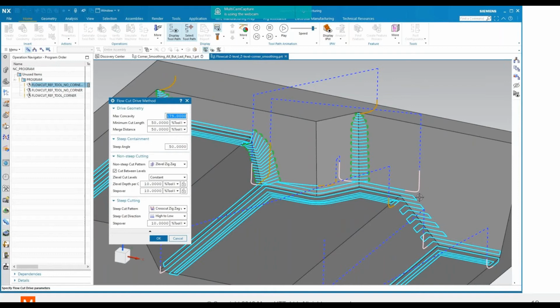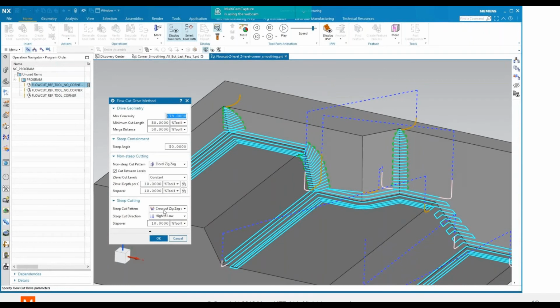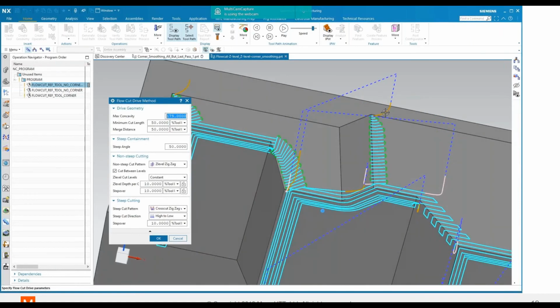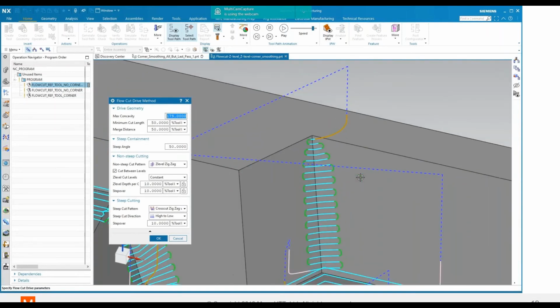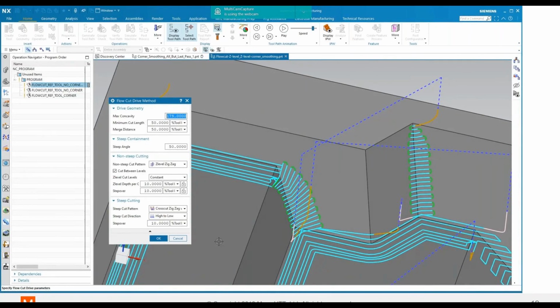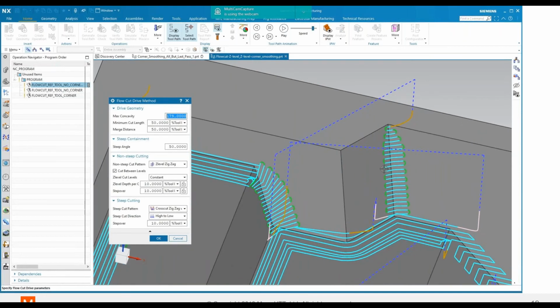And you're seeing that here also. So all these moves down here and going down this shallow angle, those are all controlled by the non-steep. So you're getting this Z-level zigzag, whereas the steep cutting is a cross-cut zigzag with lifts in this case. And we talked about this earlier, but the lifts mean that on these green traverse moves here, it's popping up just a little bit above the surface. Okay, so what if we were cutting a harder material then? This particular toolpath might be a problem for us because of the zigzag that we're doing here, where you're doing both climb and conventional cutting.